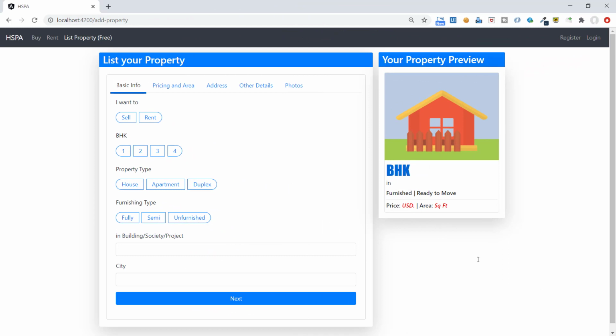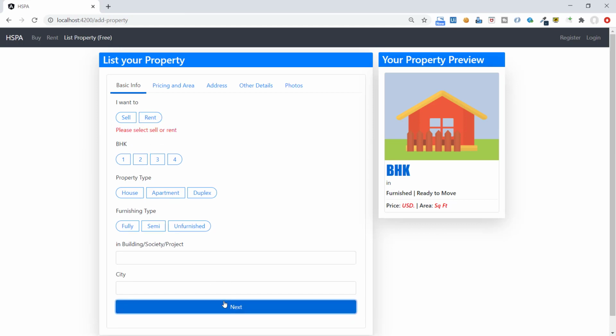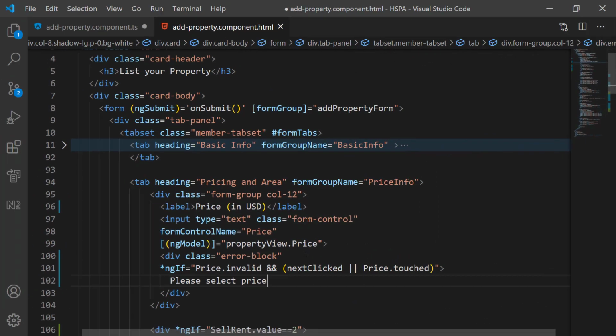So now the error is not appearing on form load, and when the user clicks the next button without selecting any value for this radio button, this error will appear. So this is how we are going to add validation for all these radio buttons. For text boxes, we will display invalid error messages if the user clicked the next button or that control is touched.